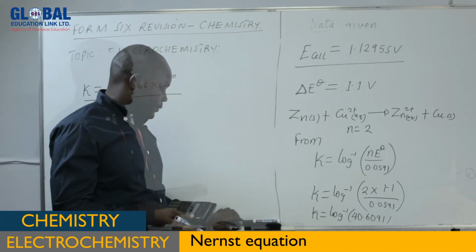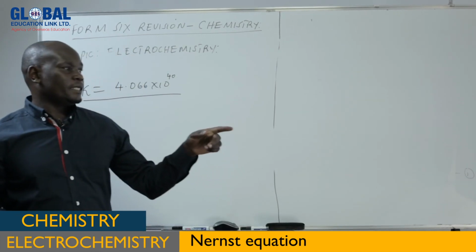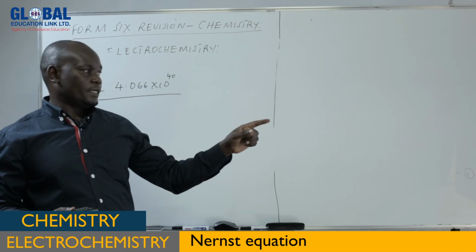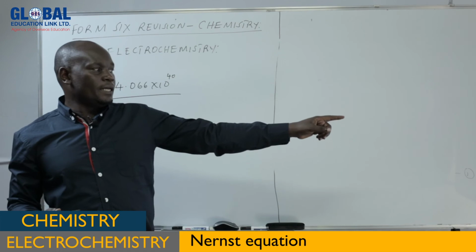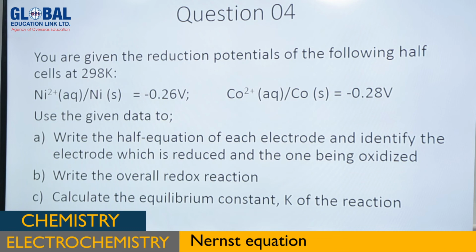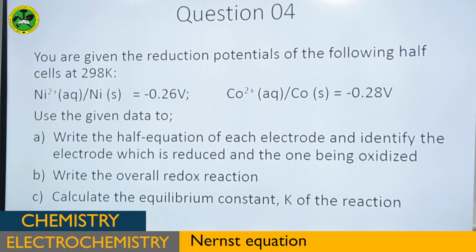So there we have the question: you are given the reduction potential of the following half cells at 298 Kelvin. We have the standard electrode reduction potential of nickel, which is negative 0.26, and the standard reduction potential of cobalt, which is negative 0.28 volt. Now, using the given data, write the half equation of each electrode and identify the electrode which is reduced and the one being oxidized. So the half equation, as I said,